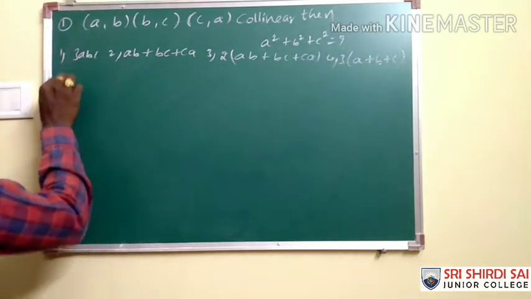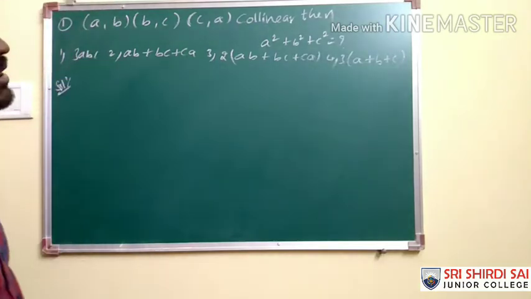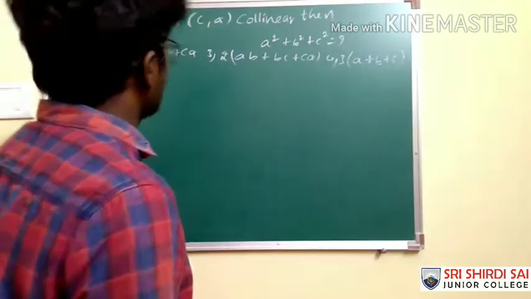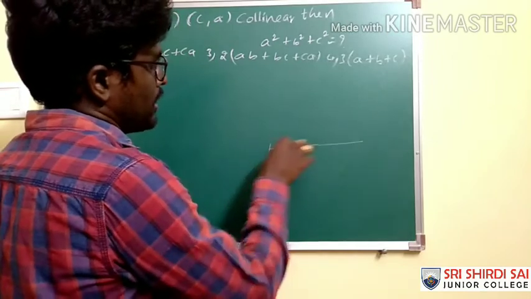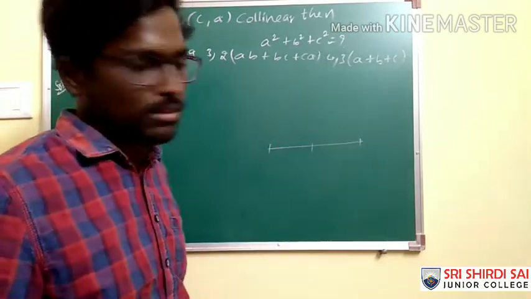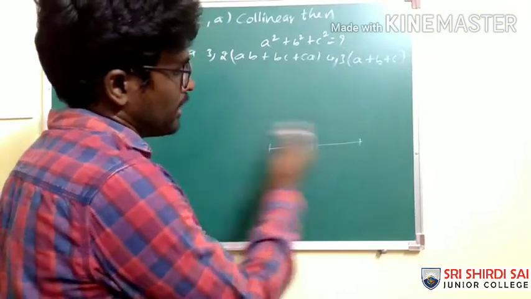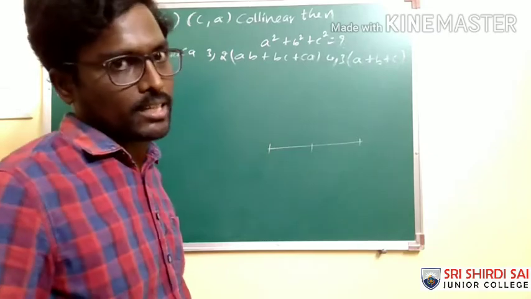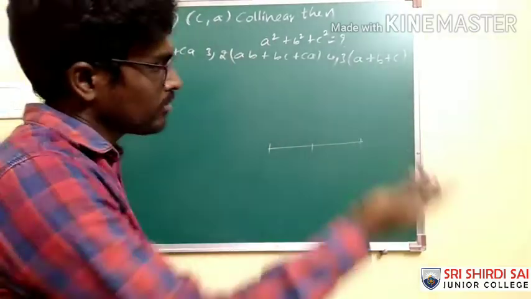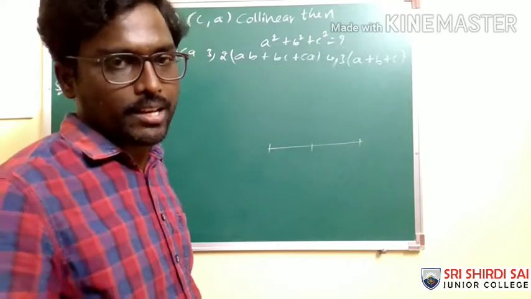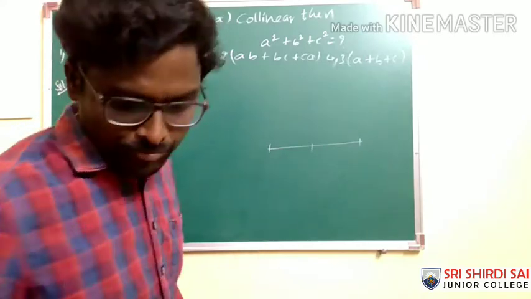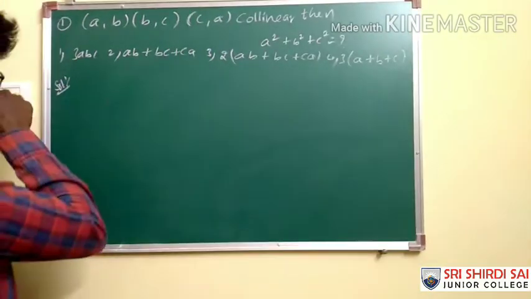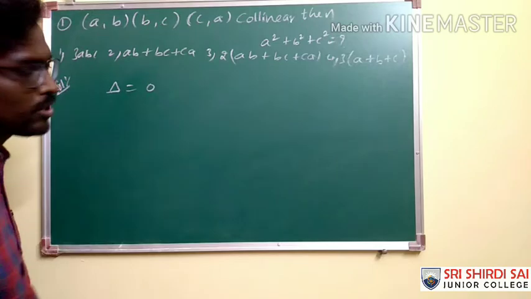Let's see. We have already discussed earlier, if the points are collinear, then such points will not form any triangle, because when all 3 points are lying on the same line, we call such points collinear, so there won't be any triangle with those 3 collinear points. Otherwise, we can take the area of the triangle framed by those coordinates as 0. The area will be 0. Therefore, I am going with the condition of area of triangle and I am making delta equal to 0.